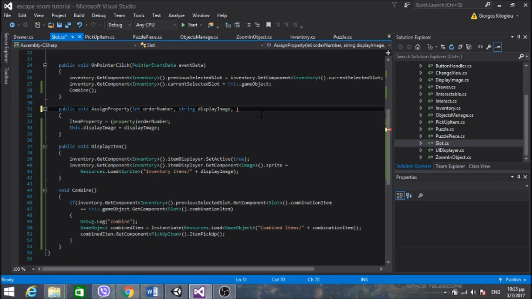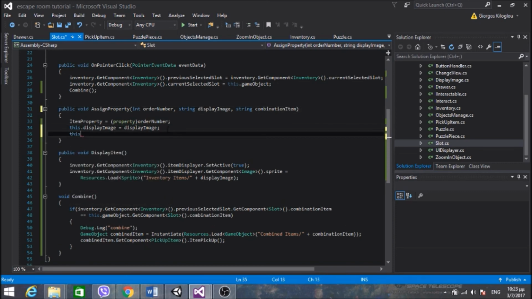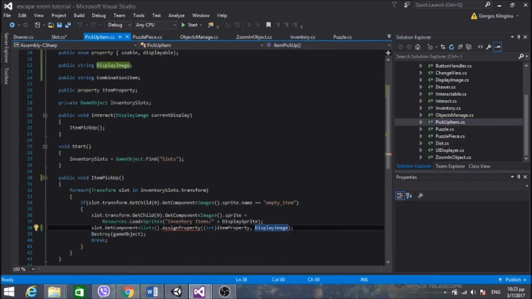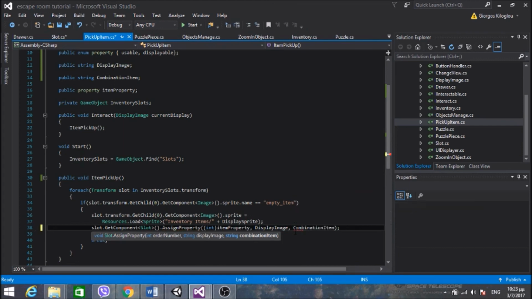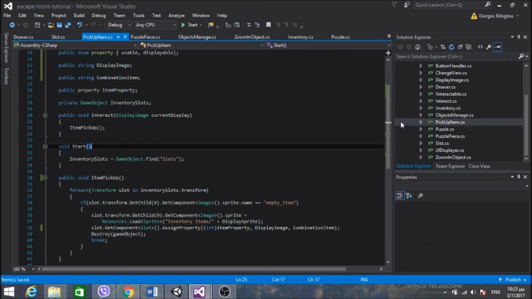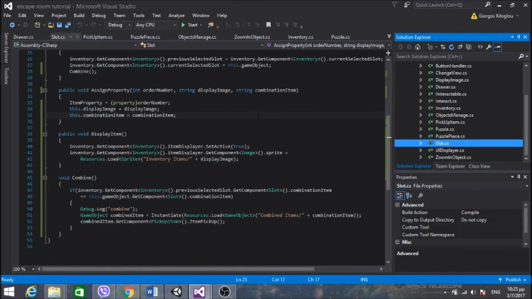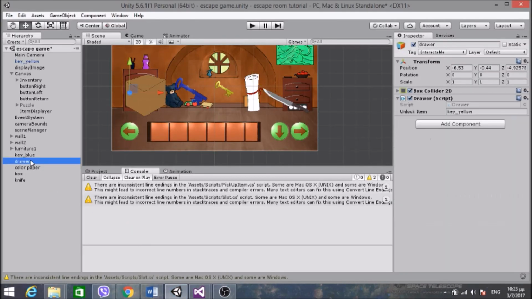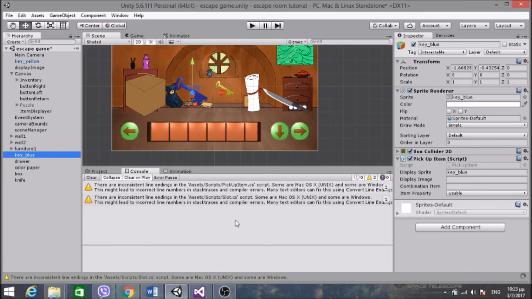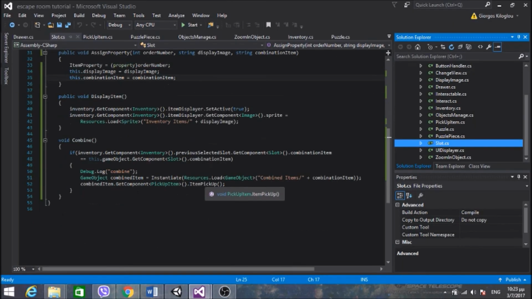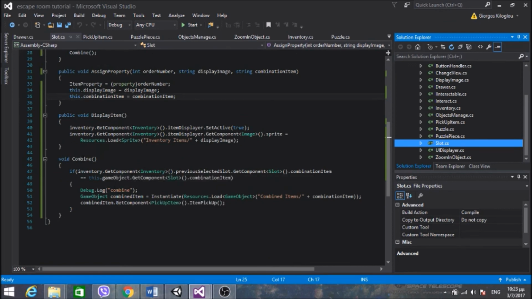So two things. First, I need to pass the combination item. This combination item equals combination item, and here in the pickup it will be combination item. So what I'm checking for items to combine, because items that have also a new combination item string will also combine. So I need to exclude this occasion, and it will be